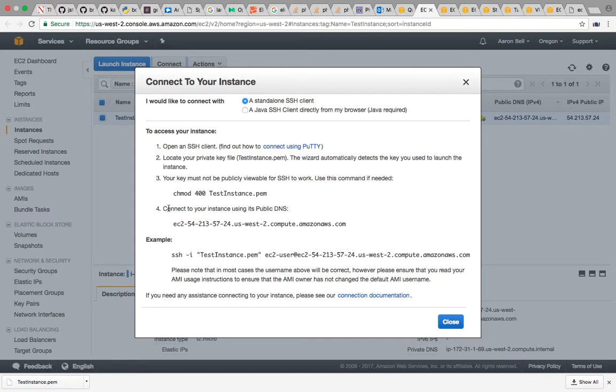So I downloaded this test instance. We're going to use a command called chmod, change mode. We're going to apply this number to it, which tells it, we won't get into specifics of what each number means, readable, writable, executable, but this basically means that it's only readable by the owner, and the name of the file that we want to change the mode to. So